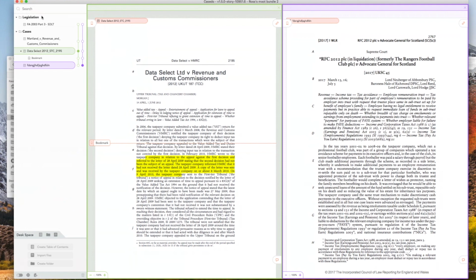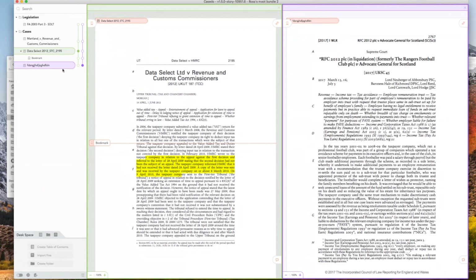In fact, my primary use of it is for analysis, writing opinions, and that sort of thing. And really, I dreamt it up in the school context. The idea that you've got an assignment, you've been given a bunch of documents, lecture notes, the problem question or whatever. You have to go away and find a bunch of authorities, case law, bits from books. You've got to pull them all together and write an answer. Casido is fantastic for that. I would bring in my lecture notes. I would bring in the problem question. I would bring in anything I had to read for that assignment. I would bring it into Casido and read it there.